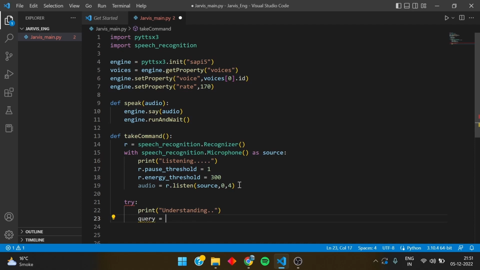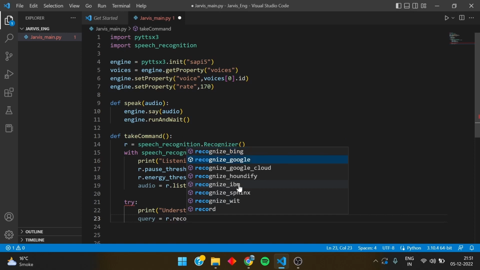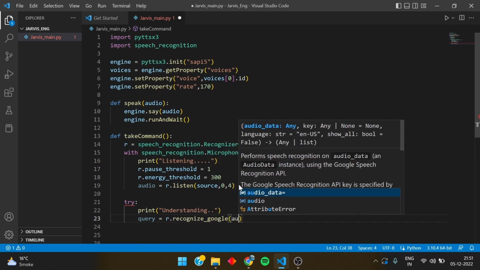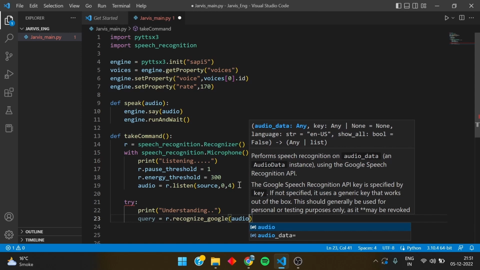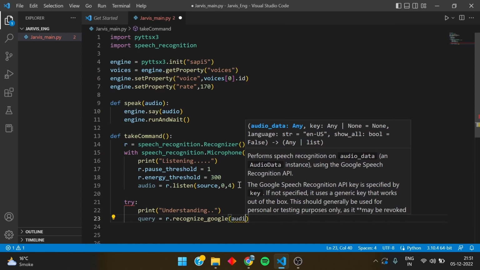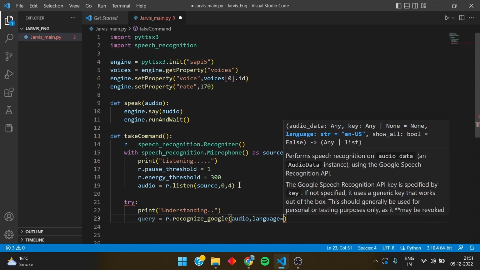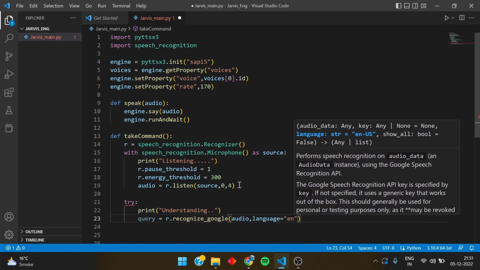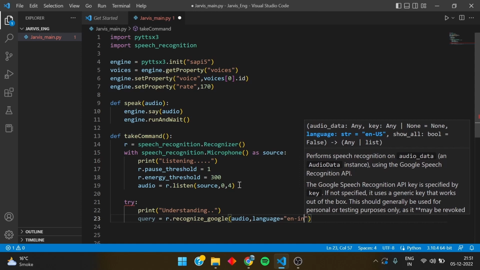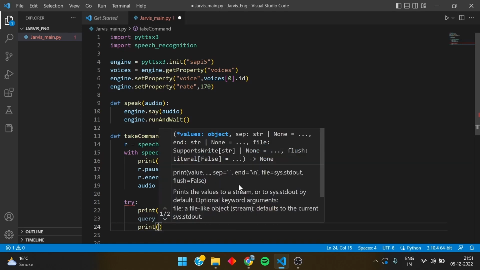Query is equal to r.recognize_google(audio, language='en-in'). Now what I'm doing, I will explain it, and then you have to write simply print with an F-string: you said,